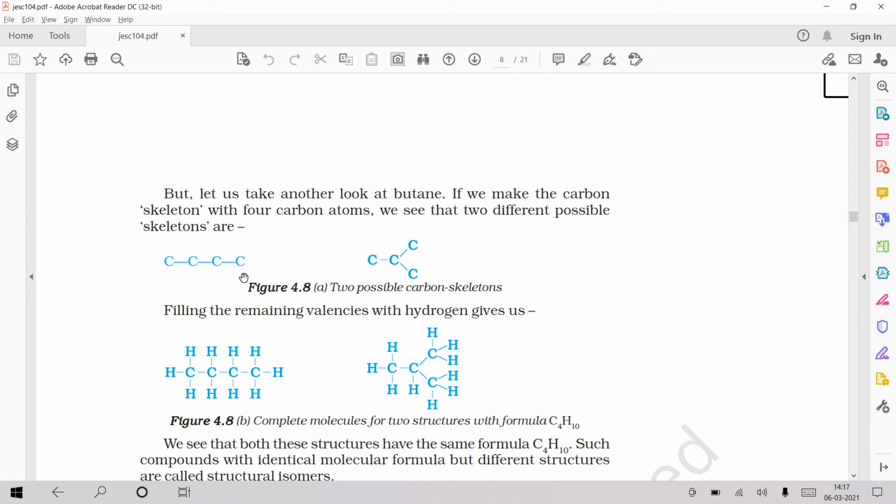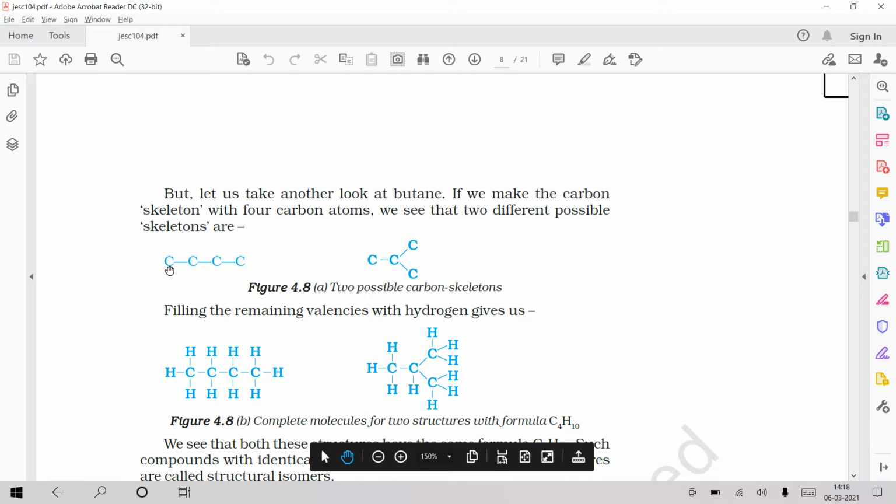So whenever they give a name, if you want to write the chemical structure, then you first put a skeleton of the carbons. So all four carbons attached. If they say butane, normal butane, you put like this, or 2-methyl propane, then you have to put like this. So you first write the skeletons. There are two possible skeletons for this butane I have written here. Then you know that each carbon should have a valency of 4. You can find out how many bonds it is having. The remaining you can satisfy with hydrogen.